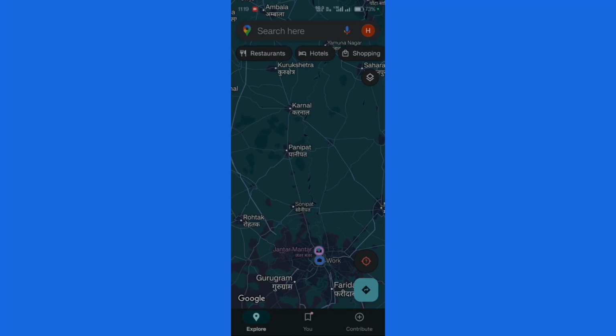How to enable the satellite mode for your Google Maps application. So hey guys, if you wish to enable the satellite mode for your Google Maps application on Android or iOS devices, then this video is for you. In this video I'm gonna show you how you can enable the satellite feature, as it is more visually appealing to watch, and also it gives you a fair idea about the neighborhood or the particular location you are